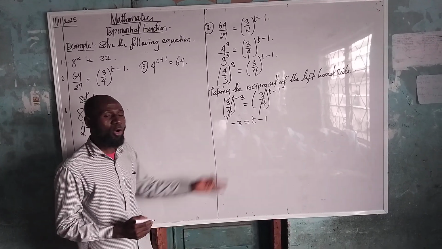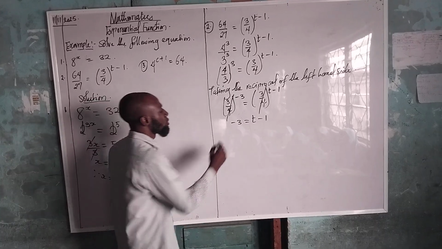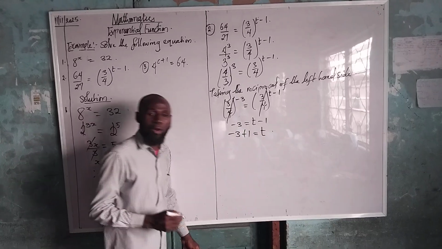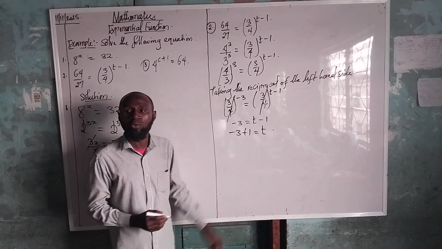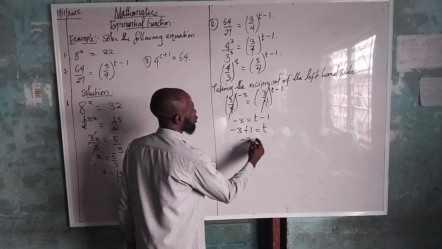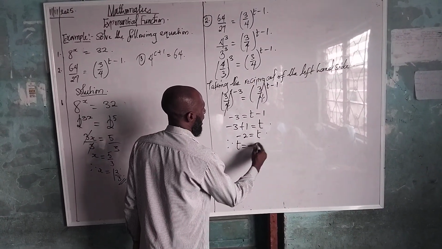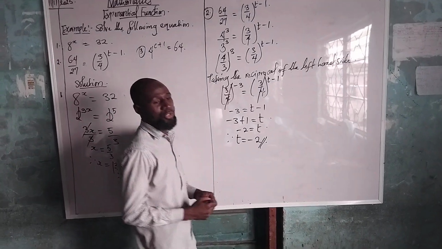So what are we going to do here? You collect like terms to get your T. So minus 3 plus 1 equals T, by collecting like terms. So minus 3 plus 1 will give us what? Minus 2 equals T. So therefore we can say our T is equal to minus 2. So try